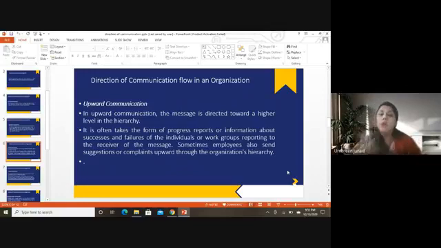When you respond to them, you are actually doing upward communication. So sometimes employees also send suggestions or complaints as well. Yes, in many organizations, not all of them, but most of them, give employees this opportunity that whenever they want, they can send feedback, they can send complaints, and they can give suggestions regarding any issue, any situation, any activity that is going on in the organization.